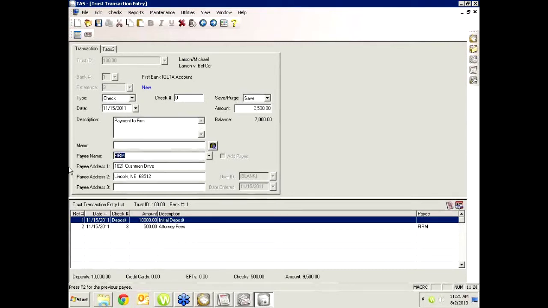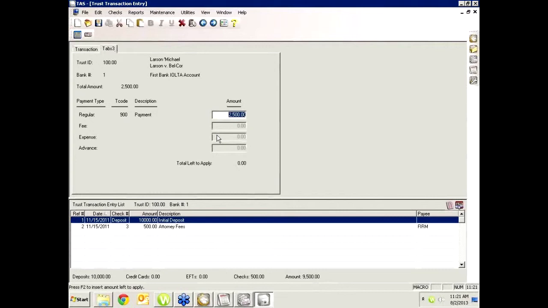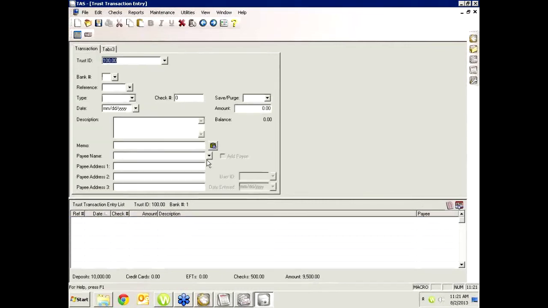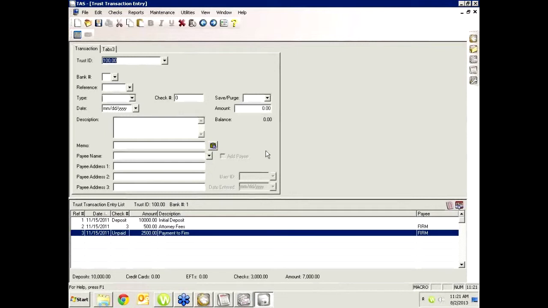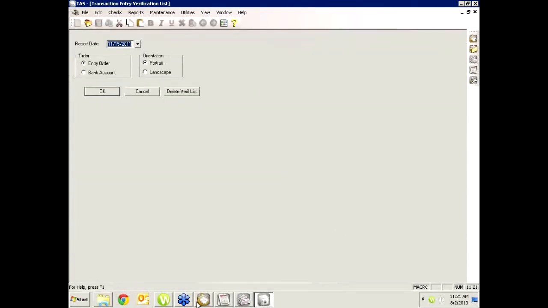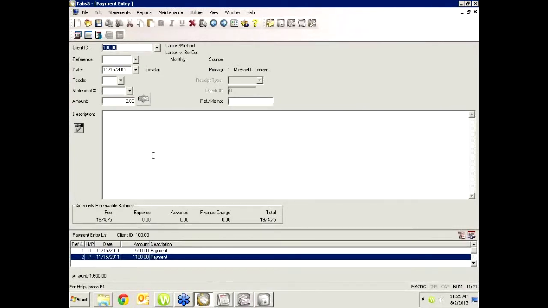And when you use this special firm code, Tabs knows, hey, I need to integrate with Tabs and push this payment over there. And so then it will tell you how it's going to break down this payment, and it's just going to make a regular payment. It's going to let Tabs decide how to distribute that because of the way I've set it up. And when I save it, it's there. Not only have we now reduced the client's trust balance from $9,500 to $7,000,